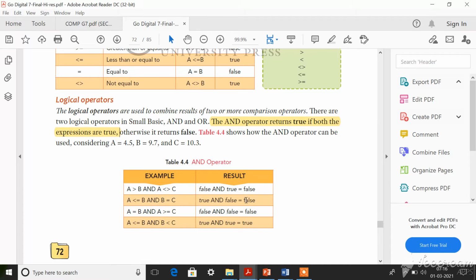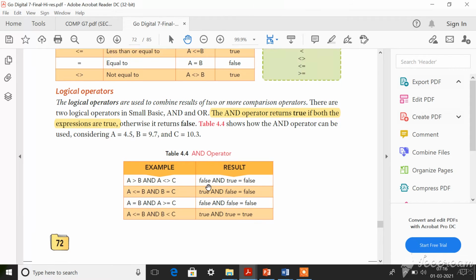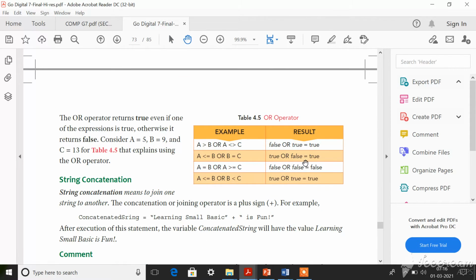Okay, so OR operator, let's see OR operator now. OR operator is just opposite to this AND operator. Okay, it returns true even if one among the two values, one among the two results are true. Look here, so here is false and here is true. Since you have one true here, the result will be true. Here also one true is present, the result is true.